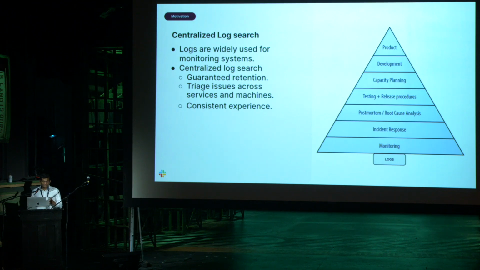So one of the biggest reasons we need centralized log search is in this cloud native world when machines can come and go anytime, or containers are being spun up and spun down anytime. Centralized log search systems aggregate those logs into a single location and provide guaranteed retention for those logs beyond the lifetime of the machine or the container. That is one of the biggest features centralized log search systems provide.